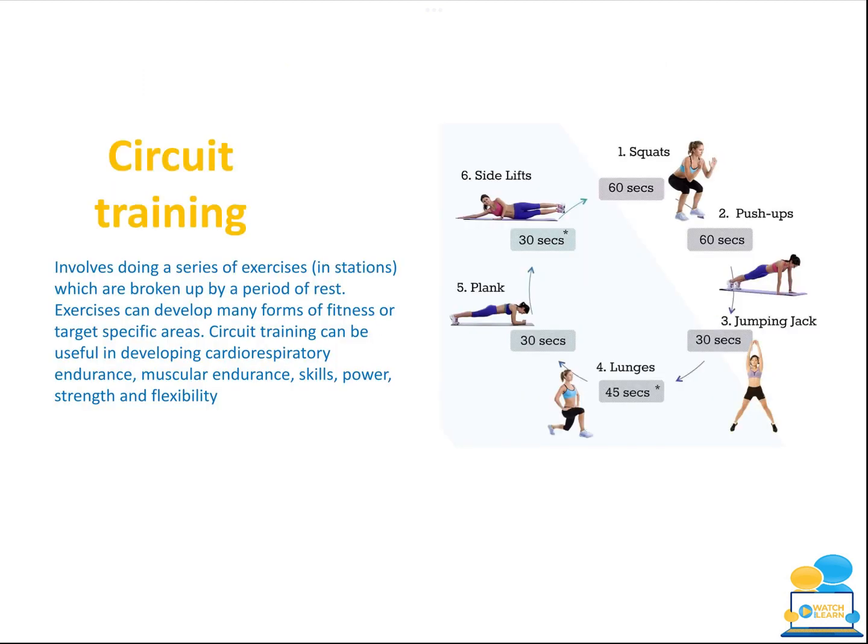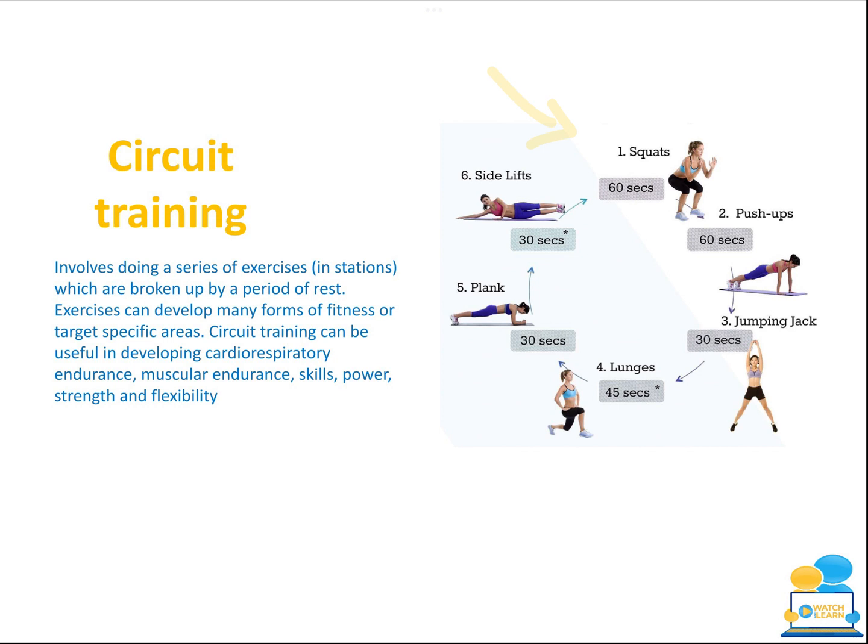So taking a look at types of training then. The first one is circuit training, and it involves doing a series of exercises in stations which are broken up by a period of rest. Looking at the image, we have stations here: squats, push-ups, jumping jacks, lunges, plank, side lifts, and we have the time there. So we have 60 seconds